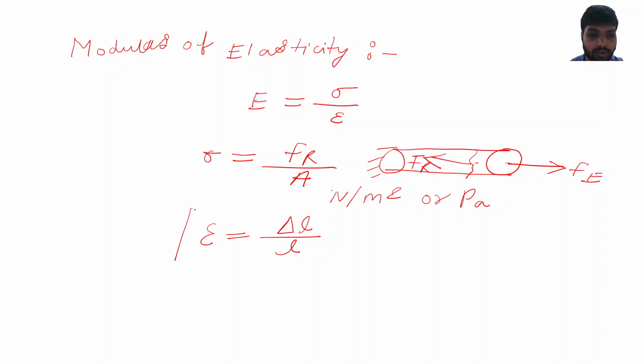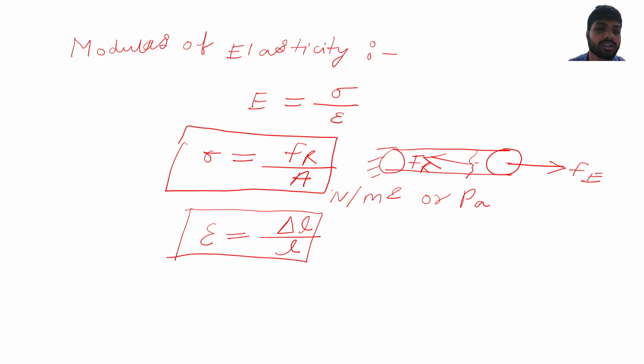So for now we have to study which is more elastic. We can say that in steel the strain will be less as compared to that of rubber, so its modulus of elasticity will be higher